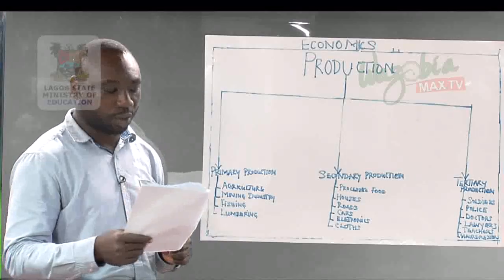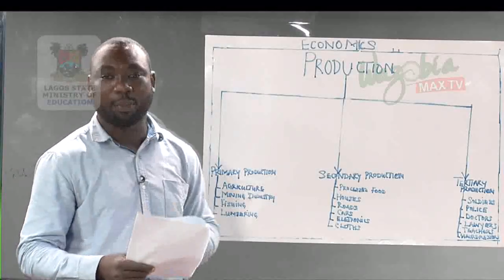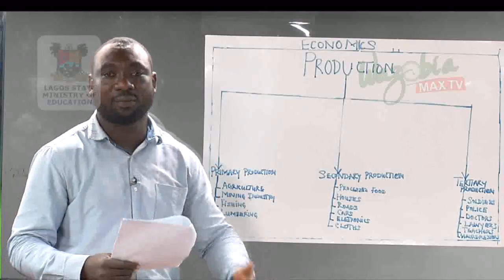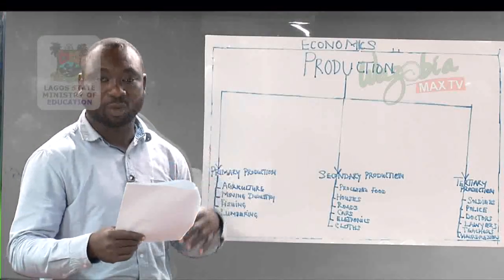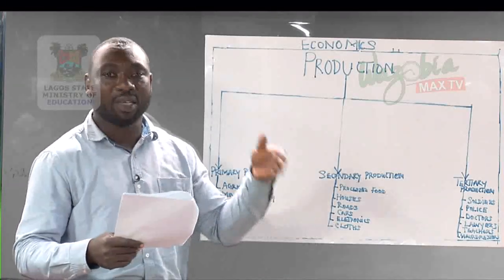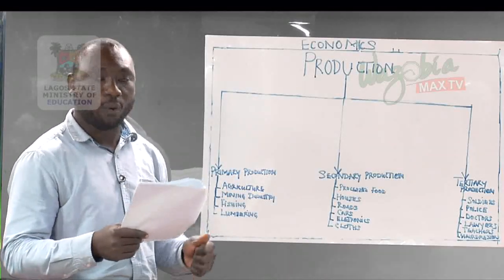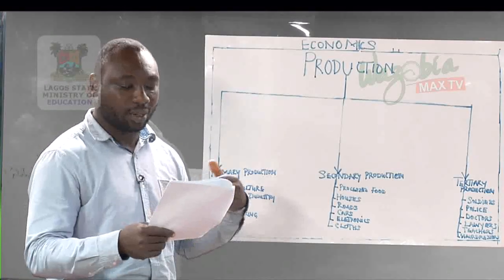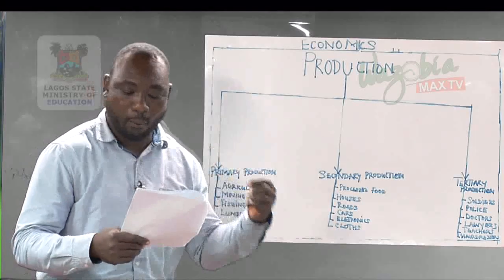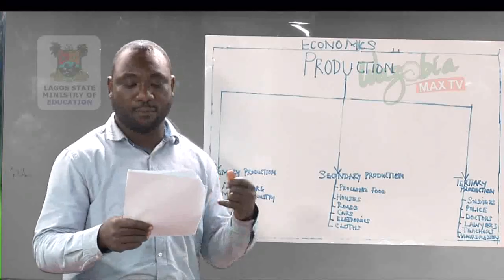What are the stages of production? We have primary production, secondary production, and tertiary production. Primary production is the extraction of raw materials from the land and the sea. It is by nature, and it involves the free gift of nature. Examples of what we can extract: from the land, we can extract agricultural goods, we can rear animals, water, including agriculture, mining, fishing, and